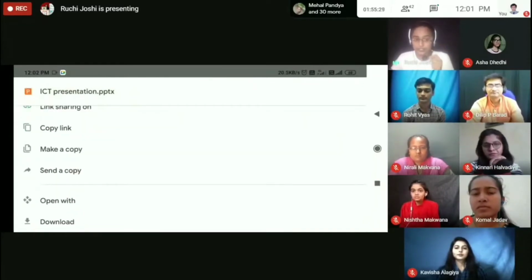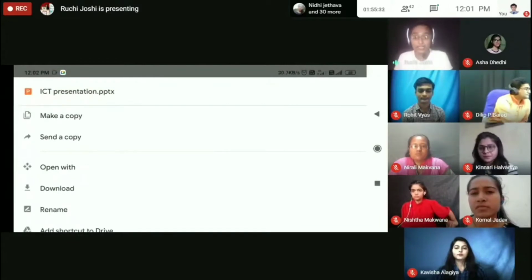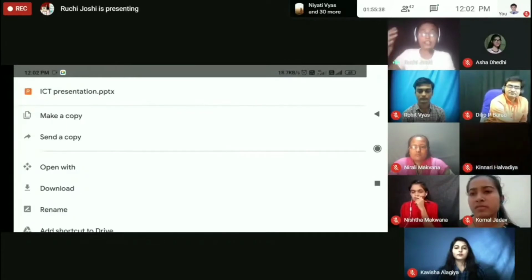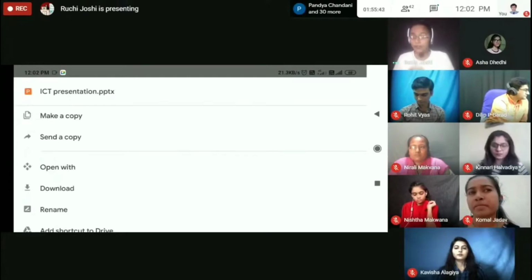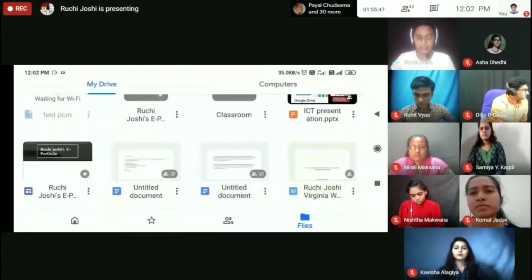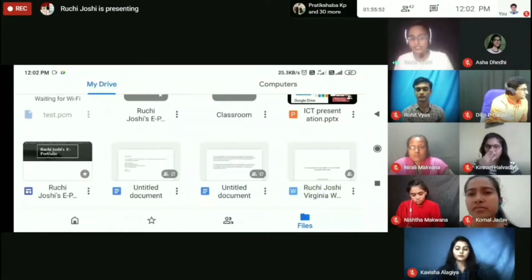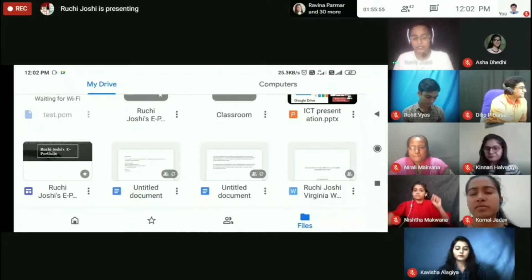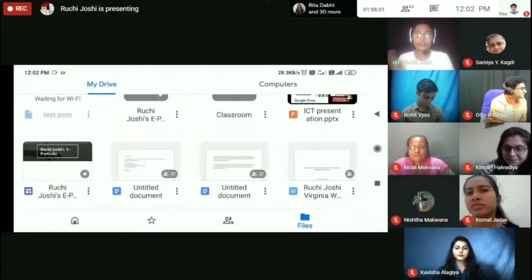Now another very important thing is how to download any file, document, or folder from our Google Drive if anyone else has sent it to us. For that, there are four options at the very bottom of the screen: home, star, people, and files. So I am selecting people, the second last option.